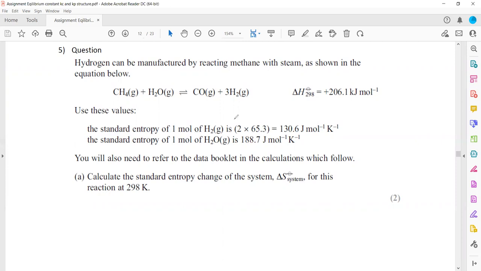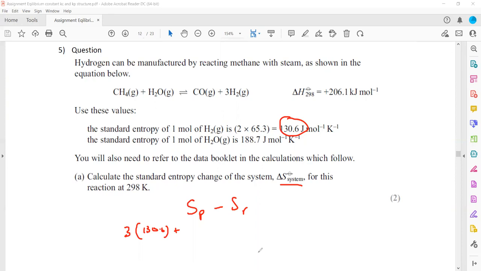Like for 1 mole of hydrogen, it is this much. But how many moles of hydrogen are there? There are 3 moles of hydrogen, so this will be multiplied by 3, because when 1 mole is there, it is 130.6. So the entropy of a system is product minus reactant. So this will be 3 times 130.6 for the product,